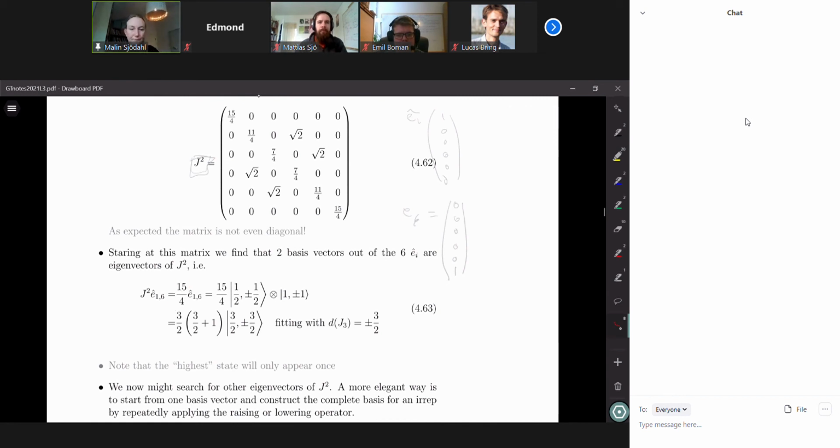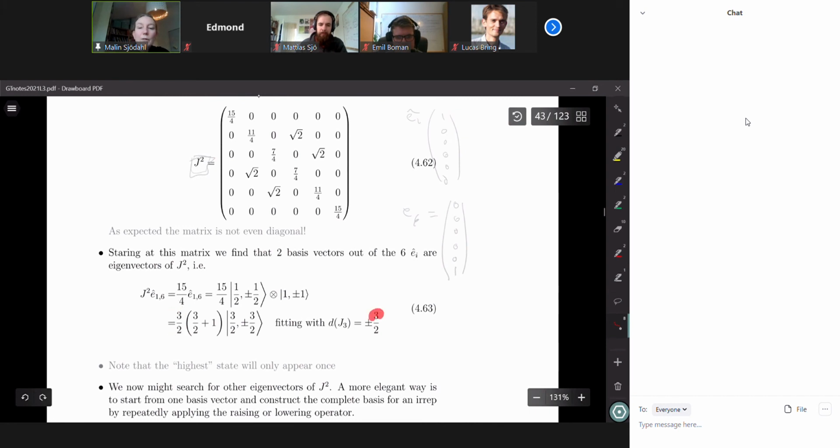Now, this constant 15/4 is not at all uninteresting, because we call the eigenvalue of J squared J times J plus 1. And if we take 3/2 times 3/2 plus 1, this so happens that this gives us 15/4. So then we know that one of the representations in this direct sum representation, as it will be, should